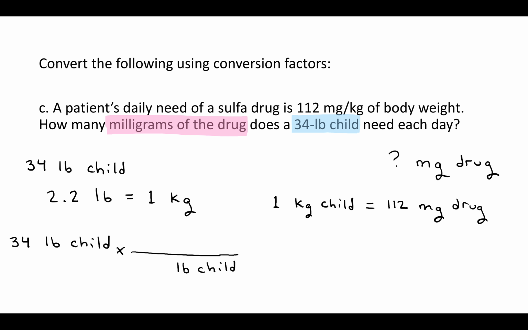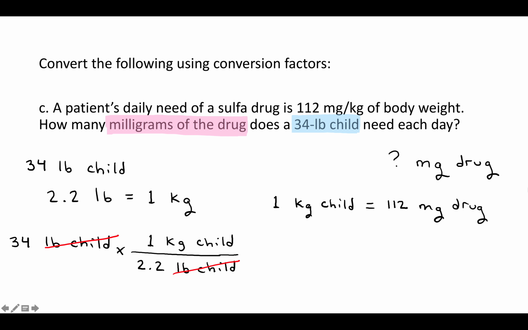Now I'm going to fill that first fraction in with my first conversion factor. Next to pounds goes 2.2. Going over the fraction bars like going across the equal sign, and on top you write 1 kilogram. In this case, 1 kilogram of the child. Pounds of the child cancel. We're left with kilograms of the child, but we want milligrams of the drug, so we have to do another